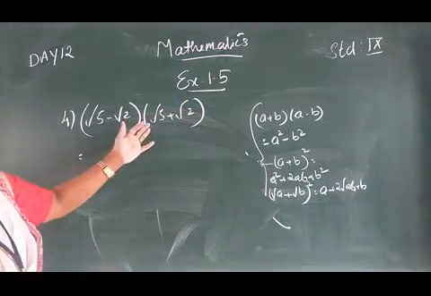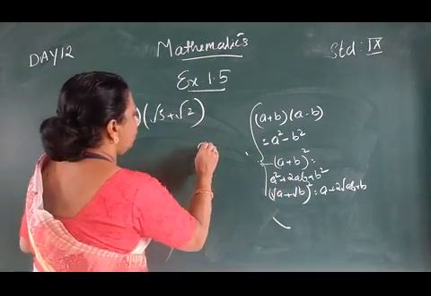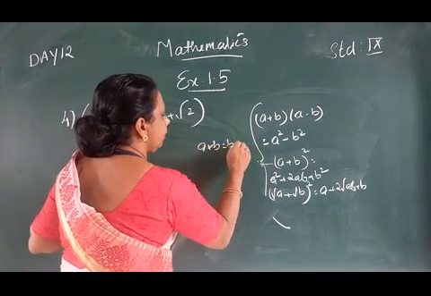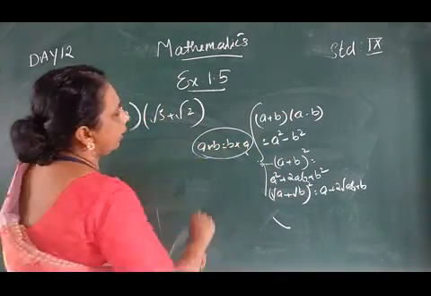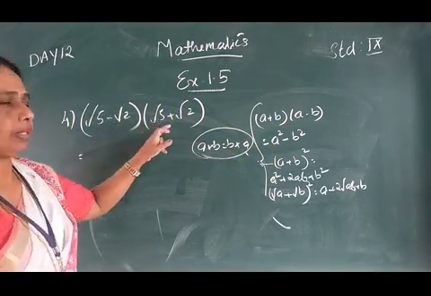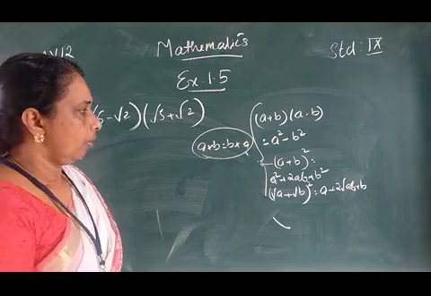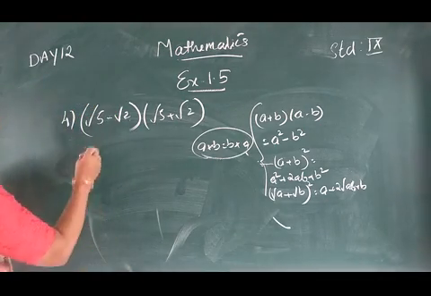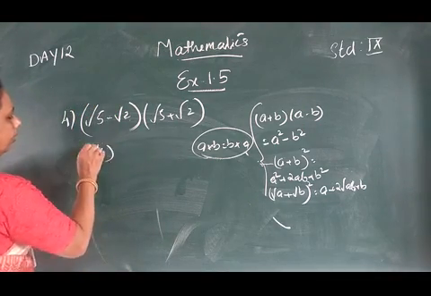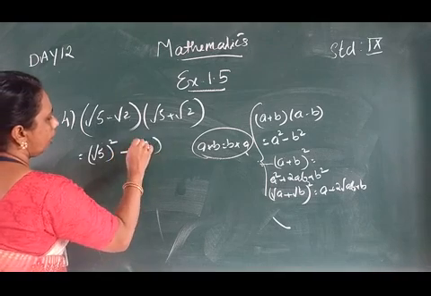This is also in the form A plus B into A minus B. We already know A into B is equal to B into A. So here the idea is A plus B into A minus B, but here A minus B into A plus B, both are the same. The idea is A square minus B square. Then we have to use, what is A here? Root 5 the whole square, A square minus B square, root 2 the whole square.